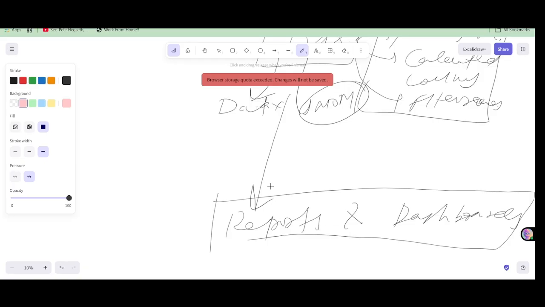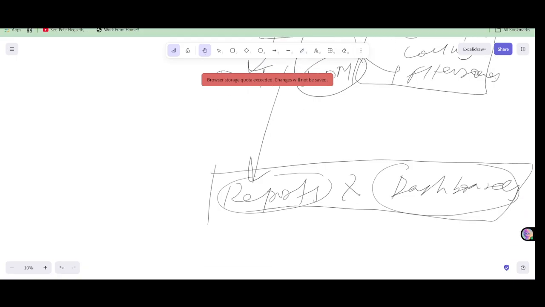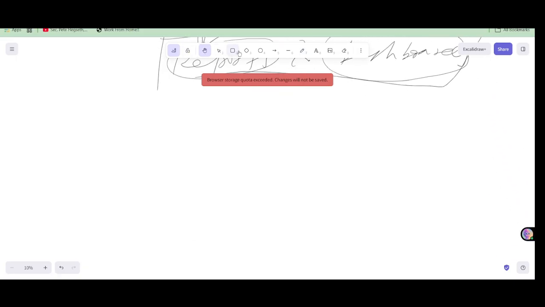After doing all of these things, we are finally into the section of reports and dashboards, where we use visuals to make the reports that are important for decision taking, that we can explain to our manager, to our stakeholder, what the data actually says, and that can help in decision making. After we make the dashboards and reports, what is the next thing that we are going to do? Does anyone have any idea?